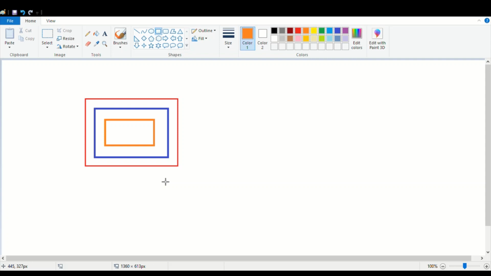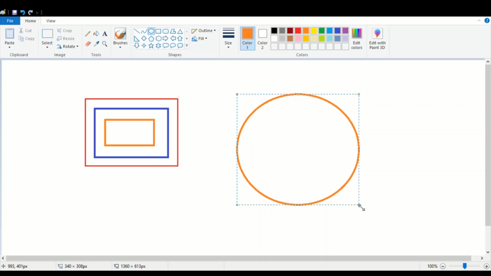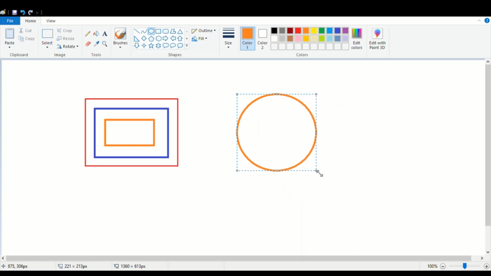The next tool is the oval tool. The third tool is the oval tool. Right? To select it again, I will bring my mouse pointer to this tool and I do a left click and this tool will be selected. Now I come to the drawing area and press the left mouse button, keep it pressed, move my mouse and the circle will be drawn. These dotted lines give me an option to edit the circle, but once I click outside, these will go and now I cannot edit this circle.